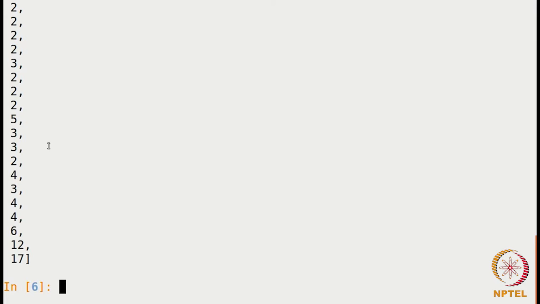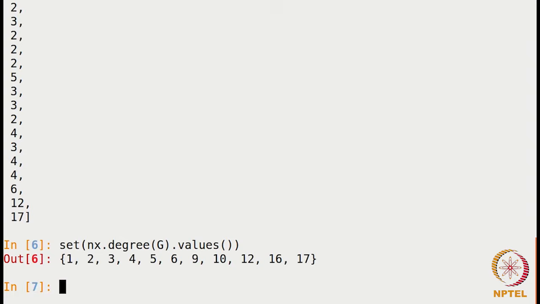So I want to get the unique degrees. In that case, what I can do is write all this inside a function set. What it will do is convert the output into a set, and we know that in a set there cannot be any repetitions. So what we get is the unique values, basically the unique degrees that the nodes can have in this particular